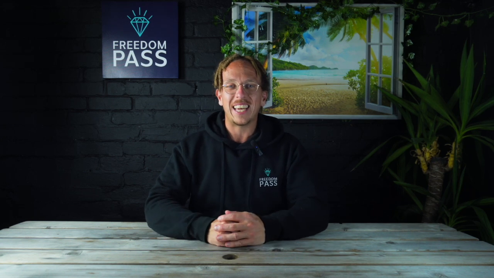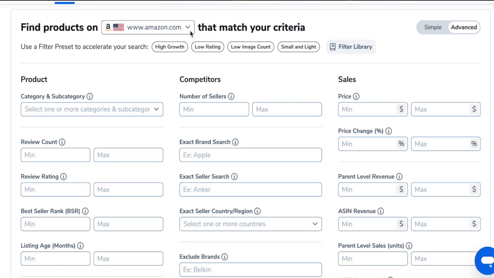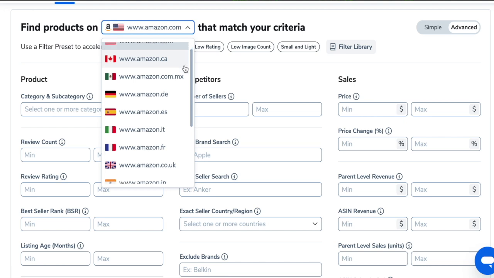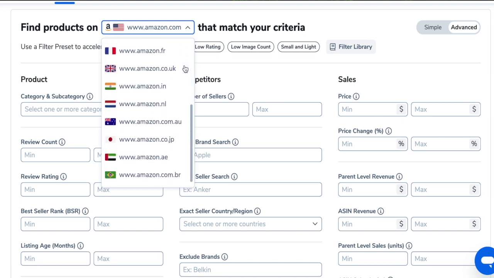Once you are in the Black Box tool, ensure that the advanced option is selected instead of the simple option. We will be using the advanced version of this tool. Next, select the correct marketplace for your product. For example, Amazon.com if you are selling in the USA, or if you are in the UK, you would select